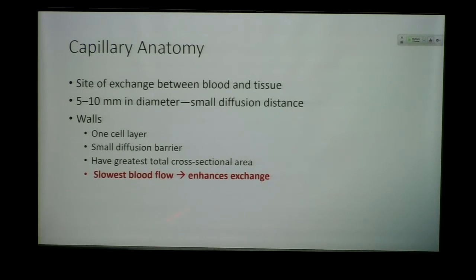And this allows the slowing of flow. So we're going to see that at the capillary level, flow slows significantly, the velocity of the flow. And this is to facilitate that diffusion. This needs time. So it's not just going to be just flowing through the way it does in arteries and